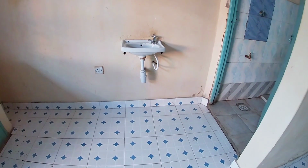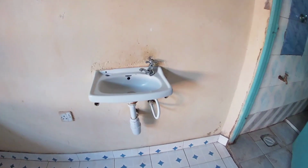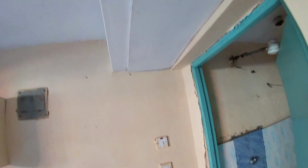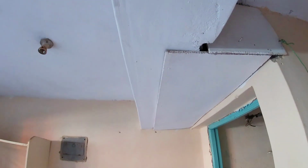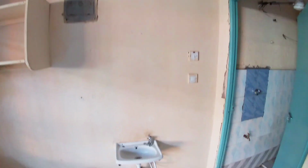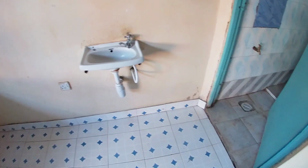Like you can see, the washroom is still under repair. They will redo the broken down tiles. Then they will redo the toilet and everything and make sure it's clean by the time someone else moves in. They'll also redo the lighting, the sockets and everything in case any of it was destroyed by the previous tenant,